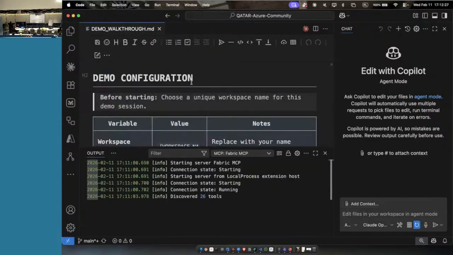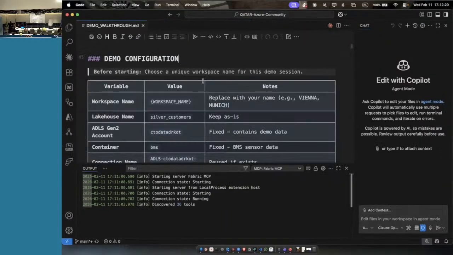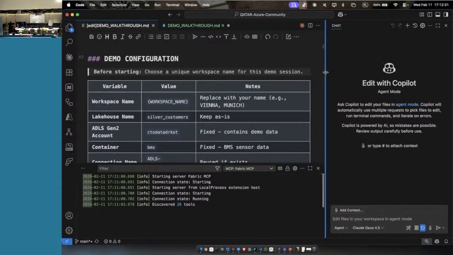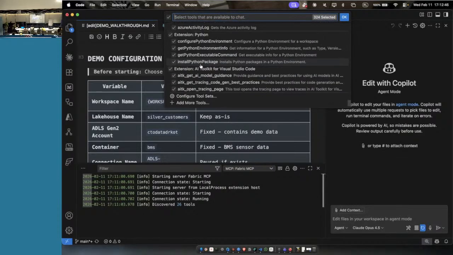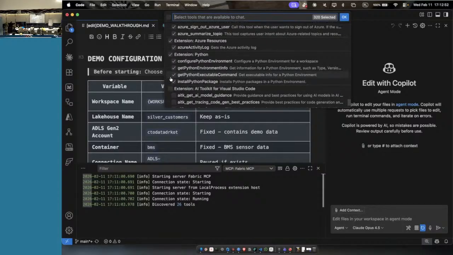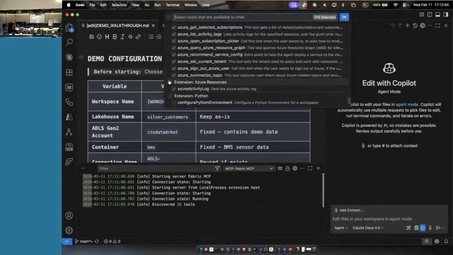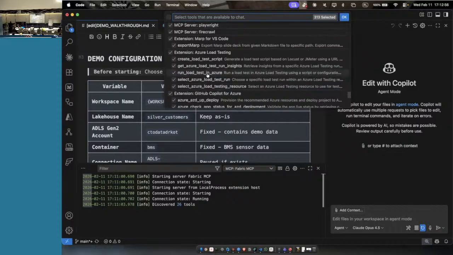But you can connect to so many MCP servers. Almost every other tool right now, we have more MCP servers coming out every other day. The only limitation is that in VS Code, here you can see I have 342 selected connections. The maximum allowed is 128. That's why I need to disable a few. For example, this one is not needed, and this one is not needed as well. I need to go down and decrease it.